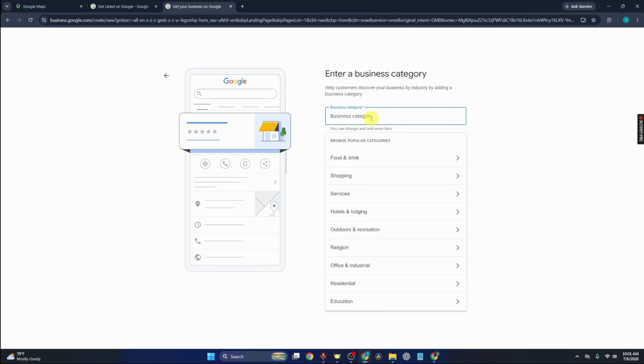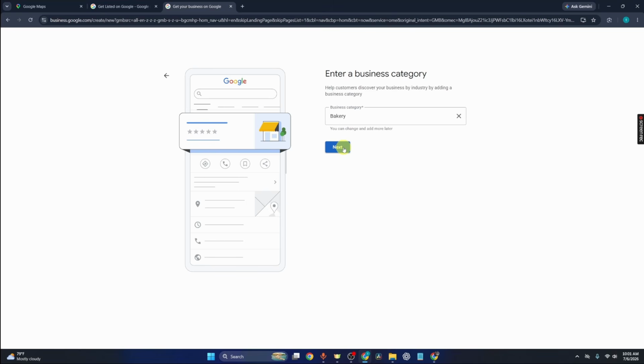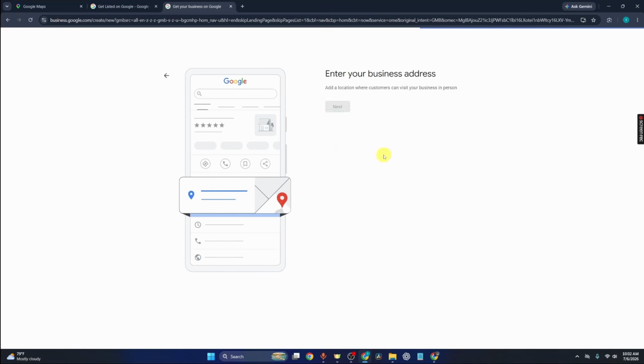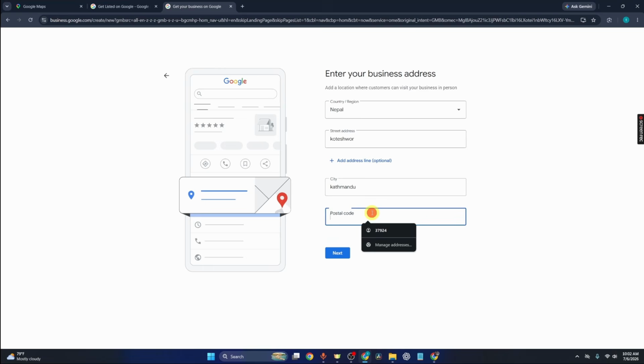So I'm just gonna go ahead and search for bakery and select bakery just like so. After that, you can just go ahead and click on next. Now here, you'll be asked to enter your business address. So I'm just gonna go ahead and select my country and then select street address and then also add your